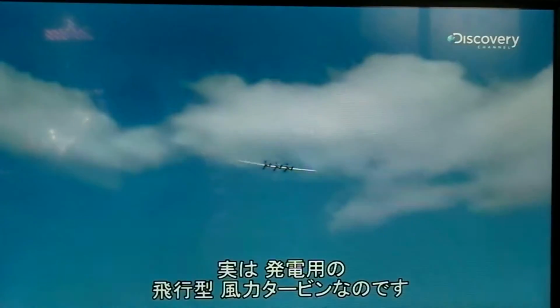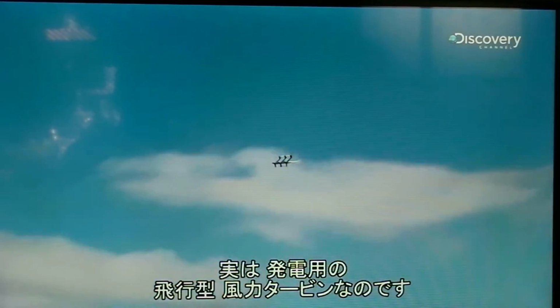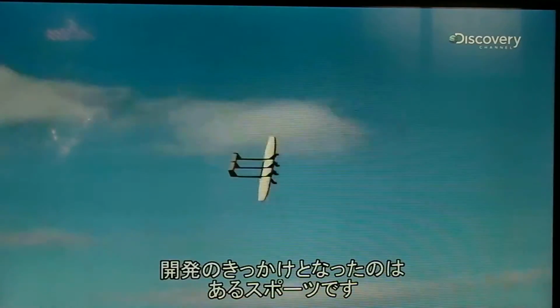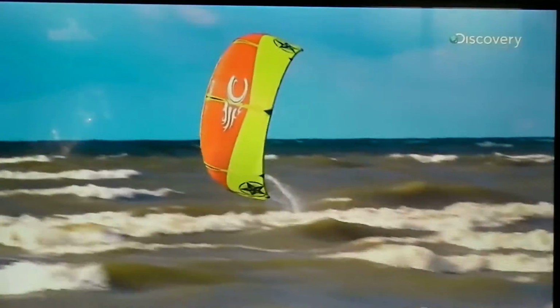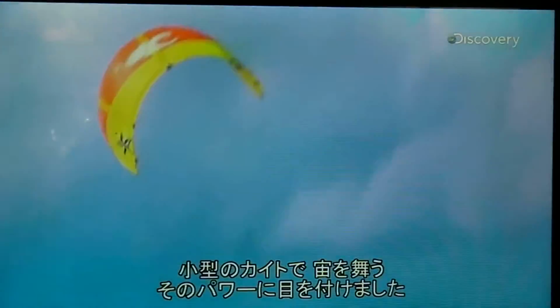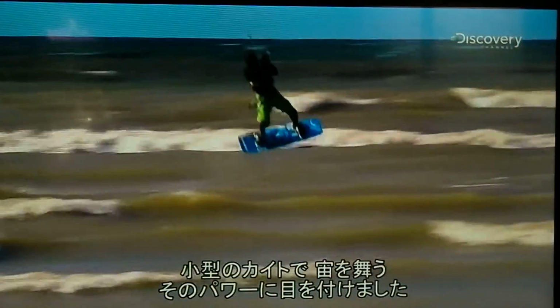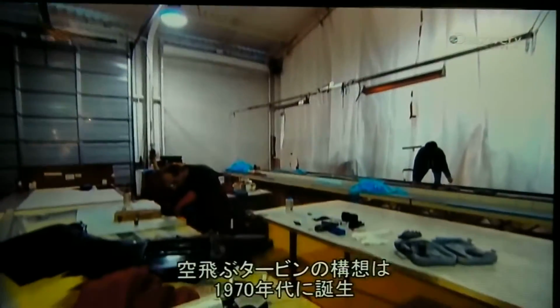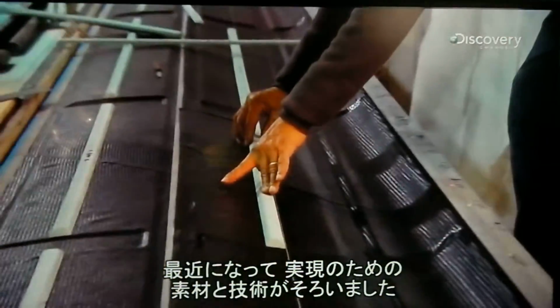This power-generating machine is called the airborne wind turbine, and it's not too hard to imagine where the inspiration came from. "There is a group of us who are inspired primarily from kite surfing, being able to have this very small, lightweight wing literally yank us up off the water." The basic idea has been around since the 1970s, but it was the materials and structural design that were elusive